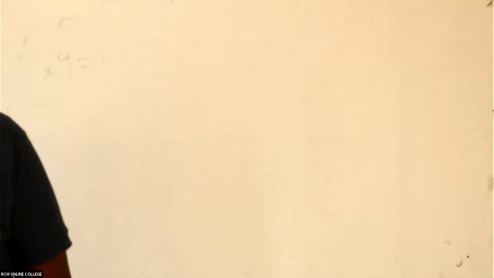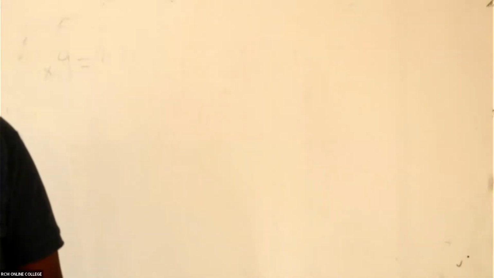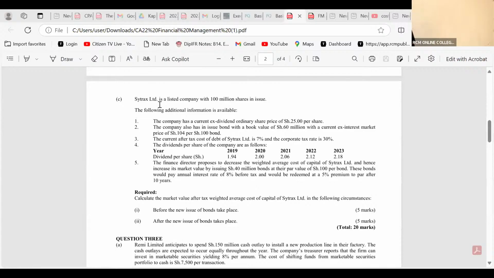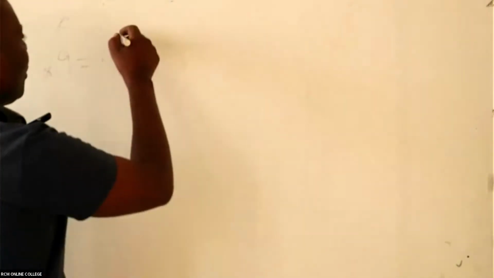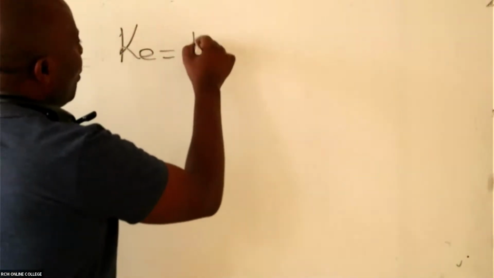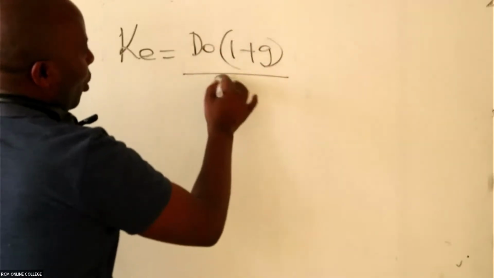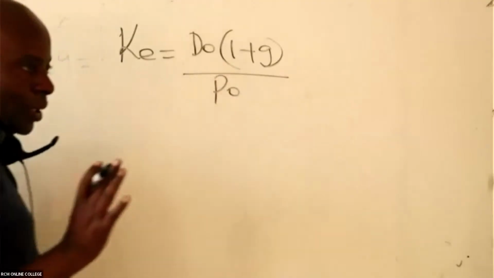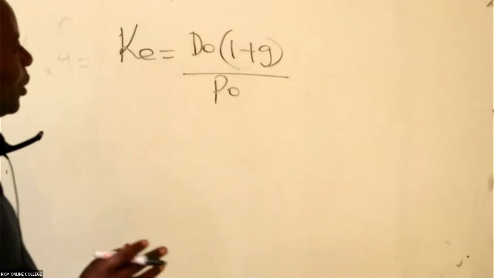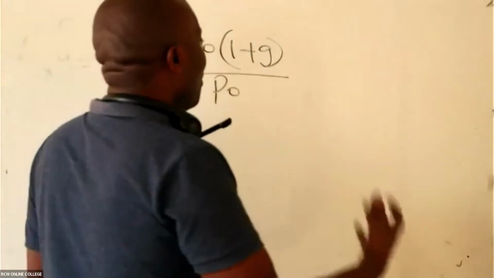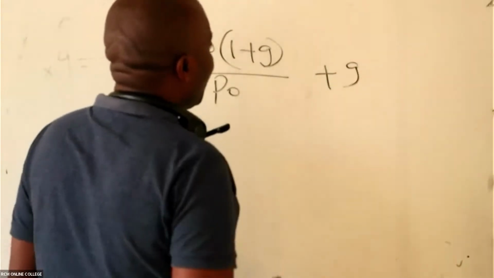All right, ladies and gentlemen, we shall go straight away to the cost of equity formula now, because that's what I was waiting for. How do we get the cost of equity? We take D0 into 1 plus the growth rate we have completed, all over P0. There are no flotation costs in this question, and the company has an independent growth rate.